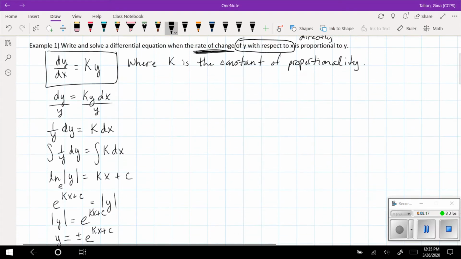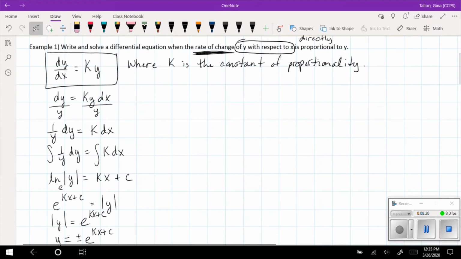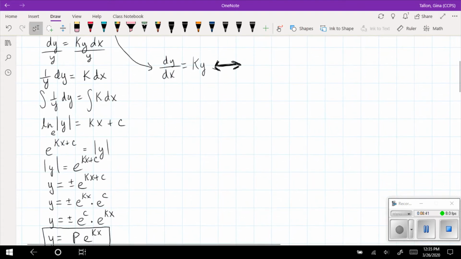So these two things are absolutely identical, which is kind of cool. I'm going to do this here. I'm going to take this first equation here, this derivative of y with respect to x is equal to some constant multiplied by y. And I'm going to let you know that these two expressions, or two equations if you will, are mathematically identical. This thing that we just found, this is coming up here too. This is the same thing as saying that y is equal to some constant P times e to the kx,